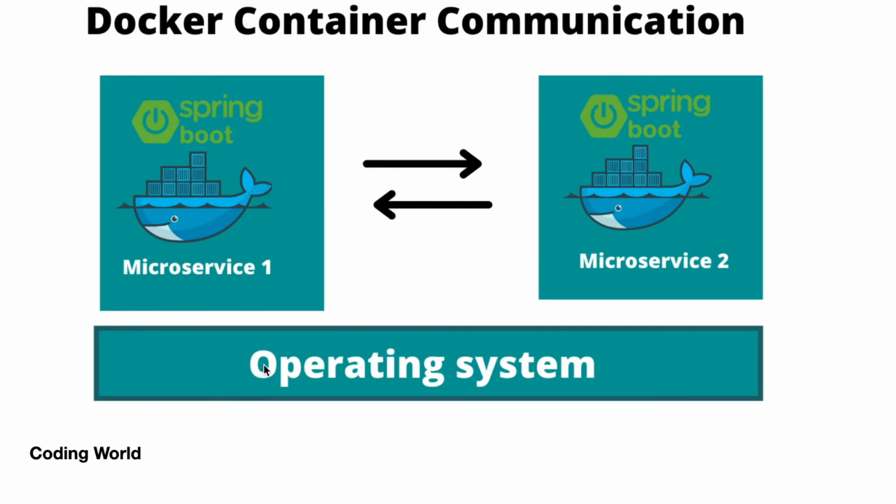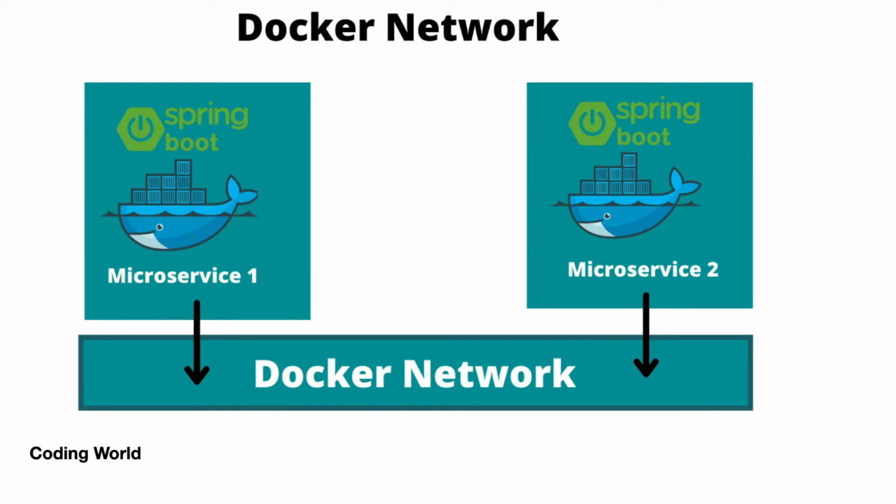other. So initially they will try to communicate with the help of the operating system, and then we will see what exactly problems they will face, and later on we will create a Docker network between those two containers and try to communicate with the Docker network. So we will go step by step. First we will have two microservices, then we will create a Docker image of those two microservices and then try to communicate between each other. And in the last we will create a Docker container and we will do the successful communication between these two microservices.